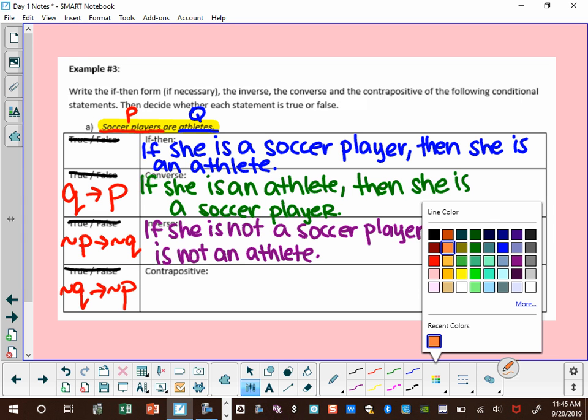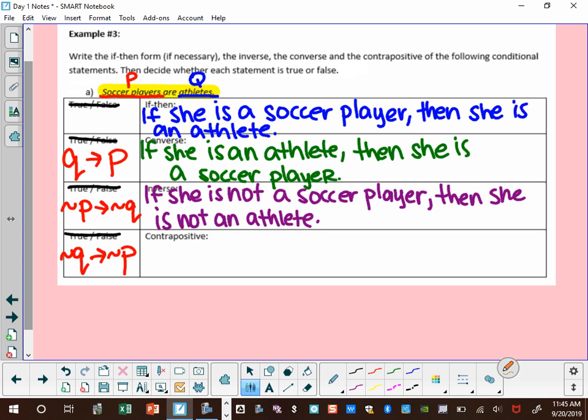Contrapositive, my sentence is going to be, if she is not an athlete, then she's not a soccer player. If she is not an athlete, and she is not